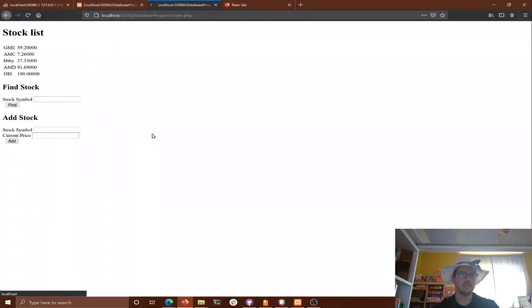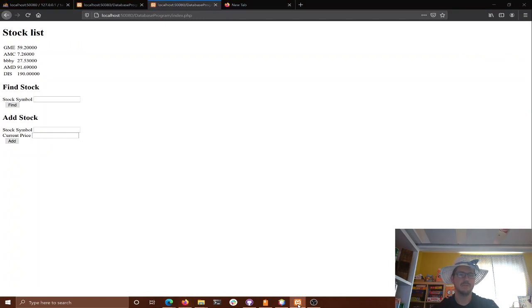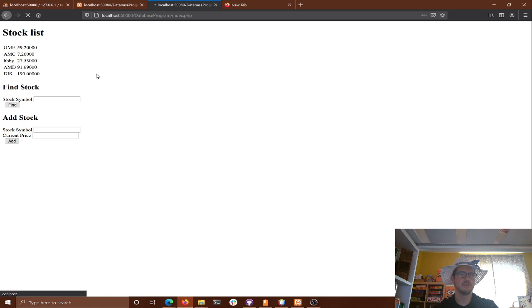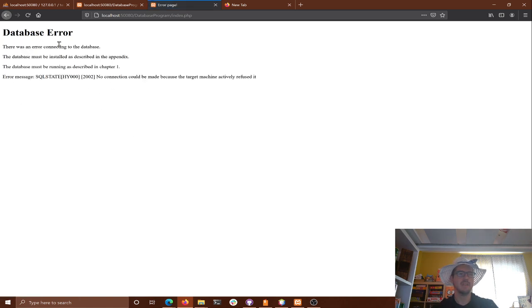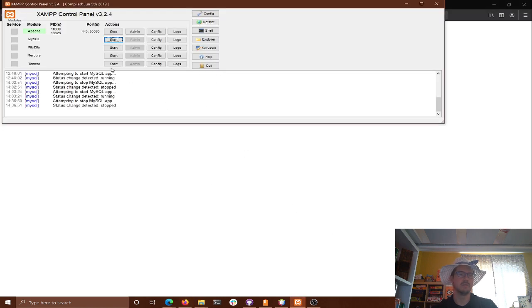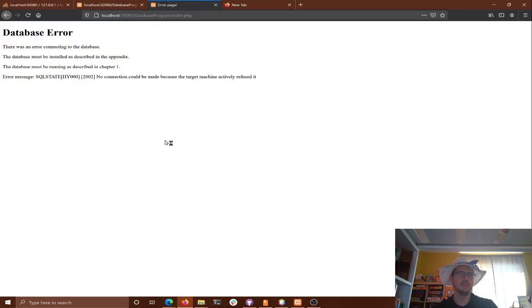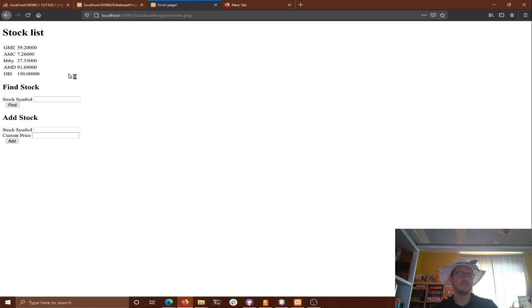So let's come back to our index page, refresh, refresh. If I turn off my database, I refresh, we get the database error. So all we've done is included this PHP code. None of the rest of index loads because I called exit. It just kills it. Just stop processing PHP. Don't return anything else. Just include this page and we're done, which is pretty cool. If I turn it back on, right, we get our list and we're back in business.